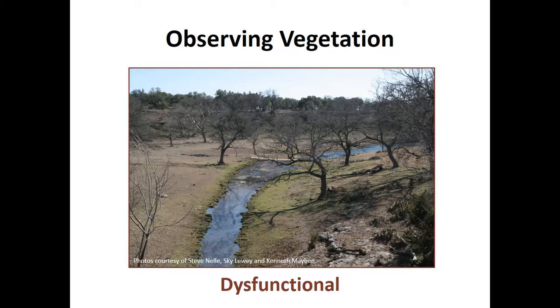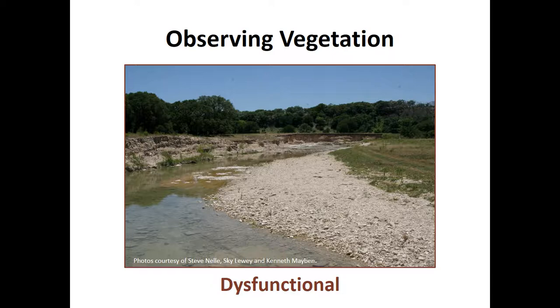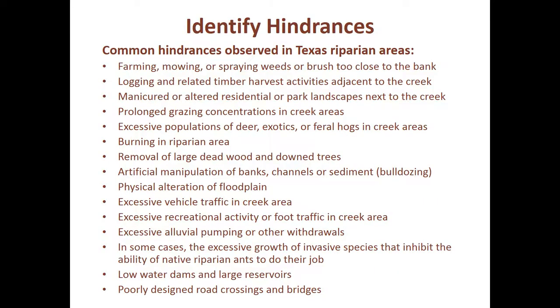Oppositely, these three dysfunctional riparian areas can be evaluated by observing the vegetation present, or lack thereof. A hindrance is any activity or situation that interferes with natural riparian recovery and a healthy function, usually the result of human or animal activity. Hindrances can be identified through close observation of the riparian vegetation. The following are common hindrances observed in Texas riparian areas: